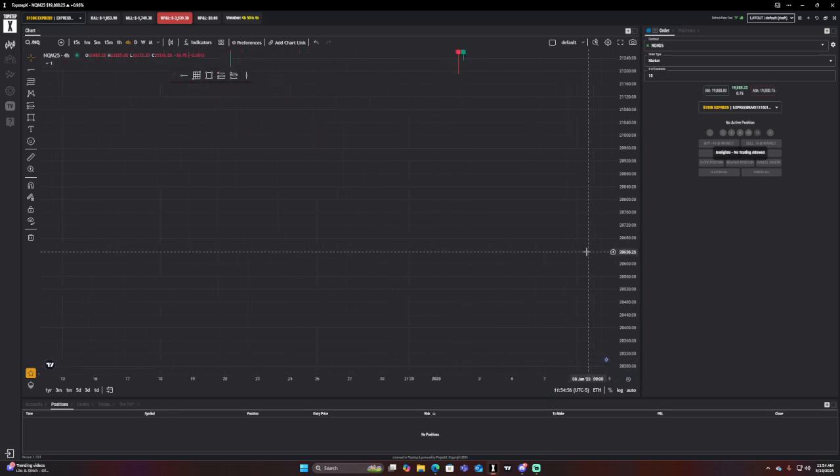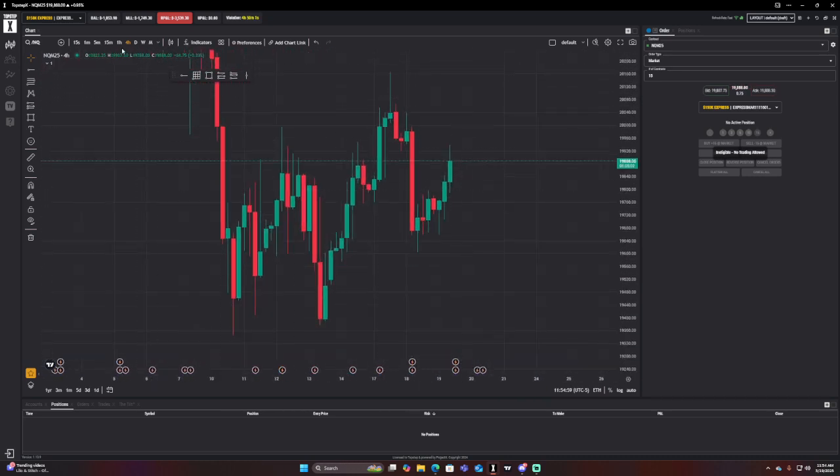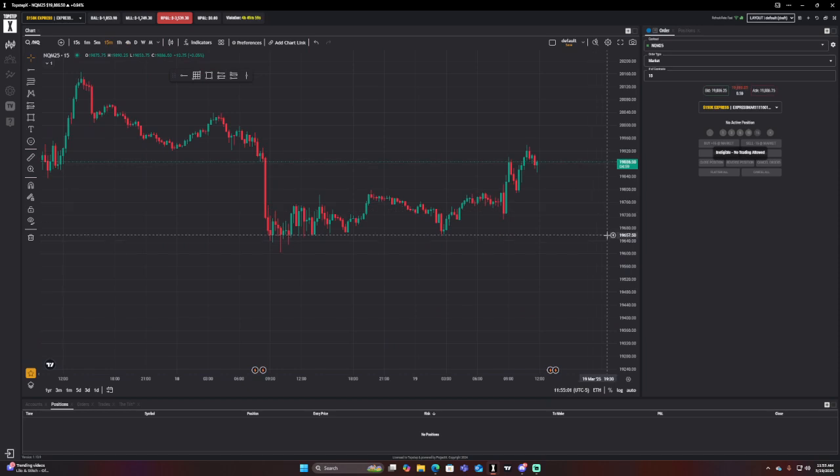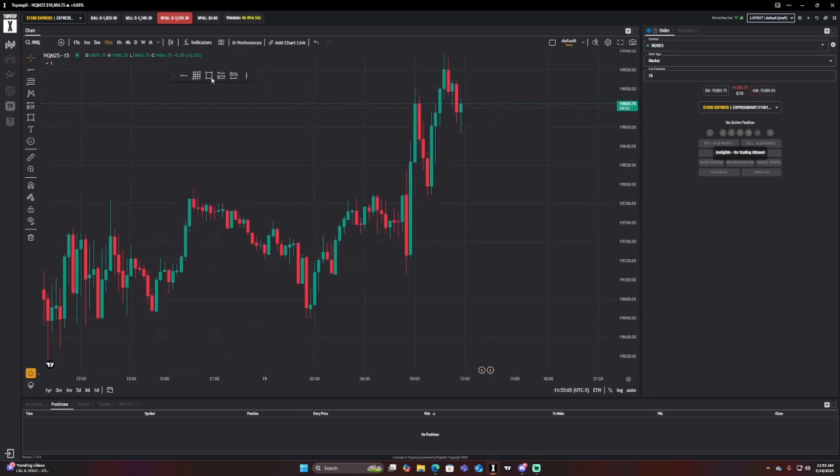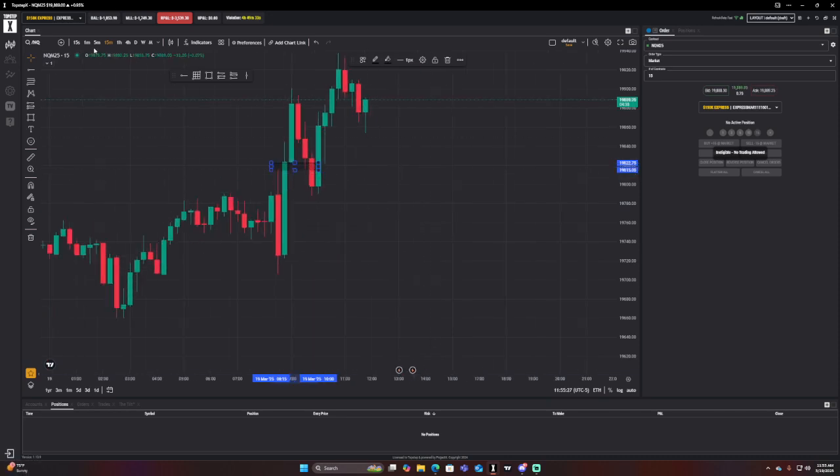Let me go to today and see if there's any examples today, because there definitely was. Maybe on like the 15-minute. Yeah, so today we created a bullish fair value gap that got invalidated. Okay, but just because it got invalidated doesn't mean we're instantly going lower, right? As you see here, we climbed higher still. But this is an example of a fair value gap getting invalidated, creating an inverse. Okay,